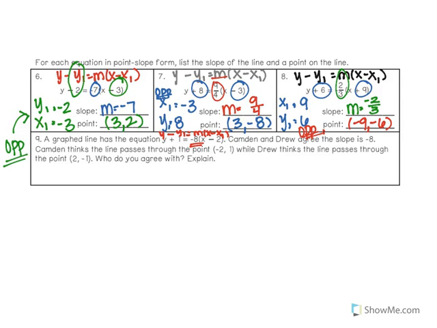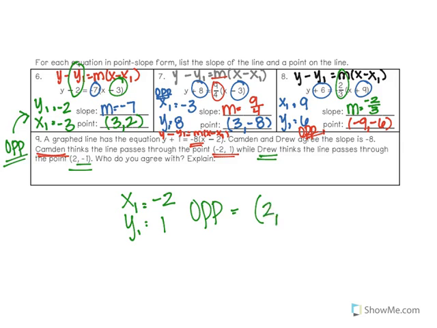However, Camden thinks that the point is -2, 1, and Drew thinks that the point is 2, -1. So if I write down my x1 and my y1, I can see that x1 is a -2, y1 is a +1, but I need them to be opposite, so that means my point is going to be 2,